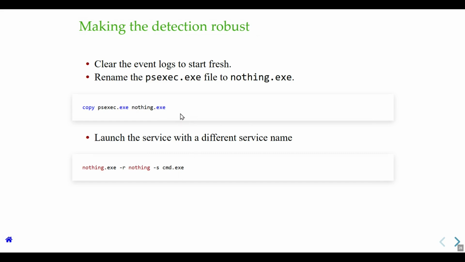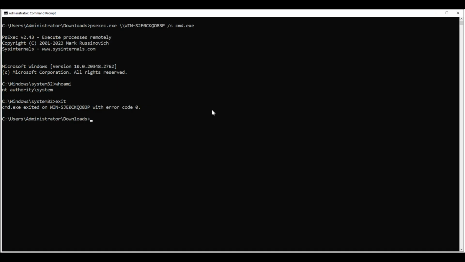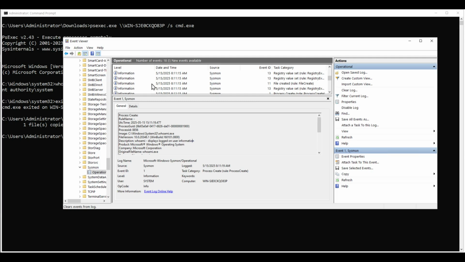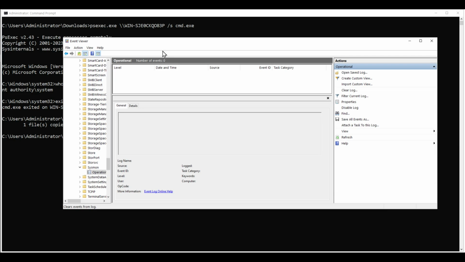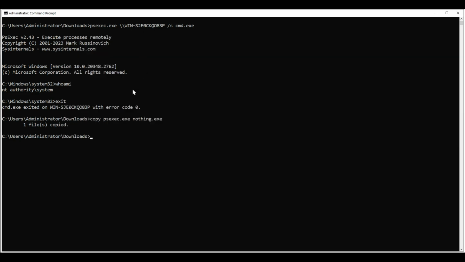So let's try this again, and we'll just do a very simple attack, right? We're just going to copy PsExec. We'll just call it, I don't know, nothing, right? So we just change the name of it. Okay, and then just for the sake of this exercise, we're just going to clear the log. We're going to clear all the evidence from the previous attack, so we can look at a new attack. And what we're going to do now is we do the same thing as we did before,